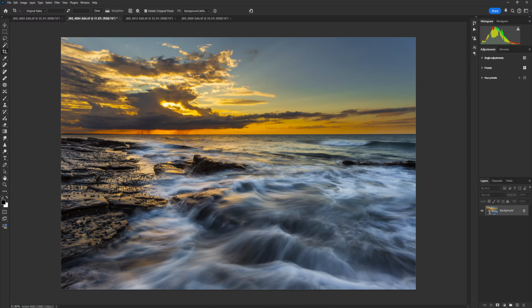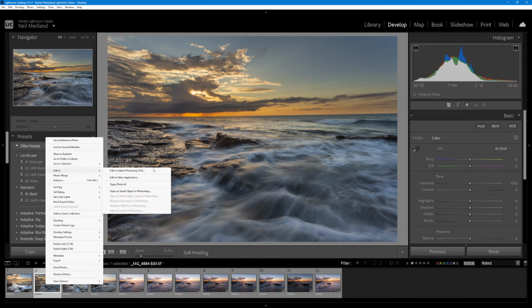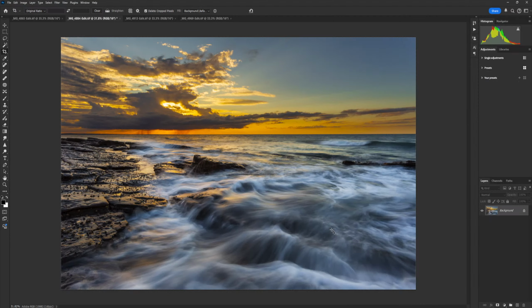But I'll show you this cool little trick. If we go back to Lightroom, and I probably can't do it now, but if we reopen that, I'm going to edit that in Photoshop. So we're going back and grabbing our original photo. Probably should have done this before I cropped it. But yeah, if we go back and grab that original photo,